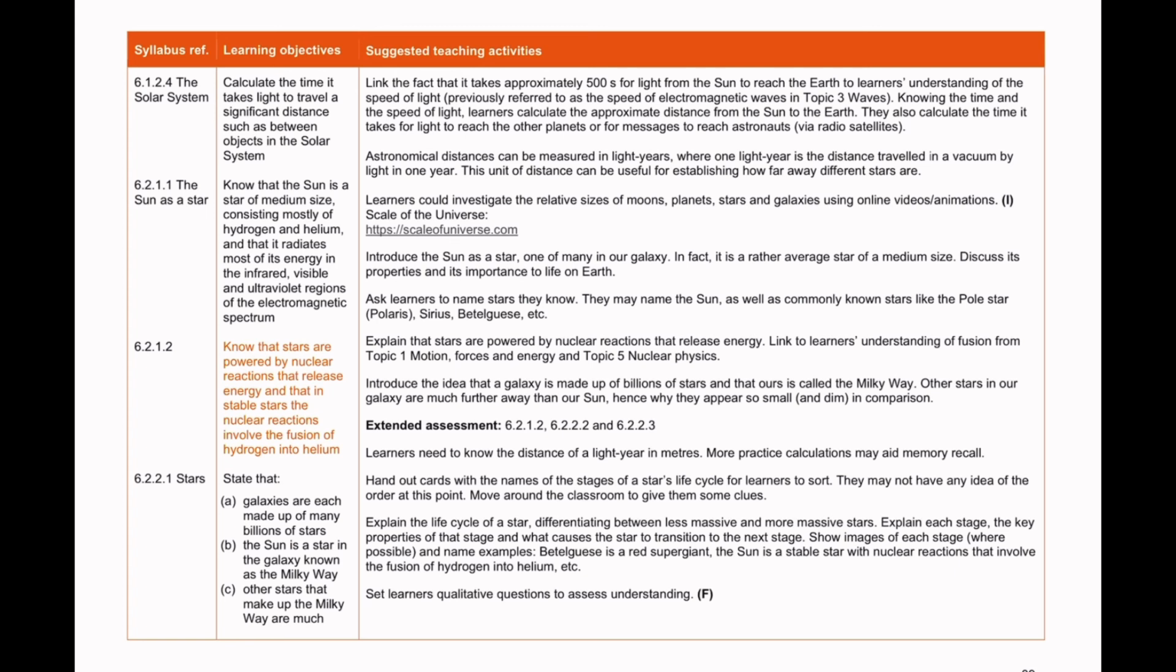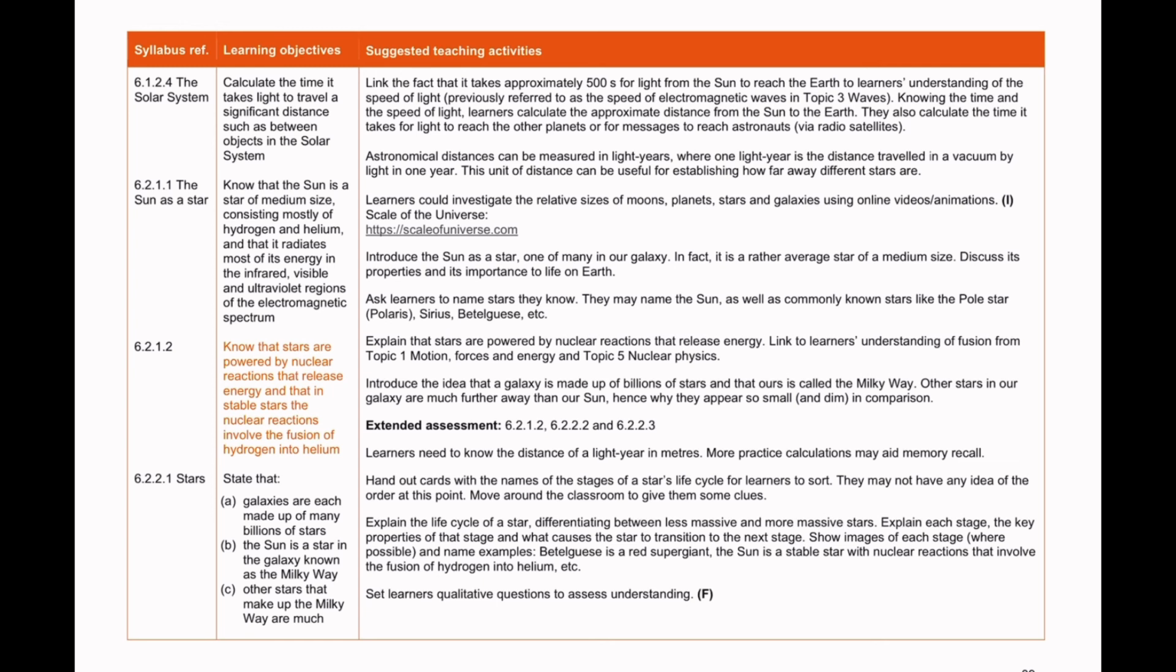Learning objectives: Know that the Sun is a star of medium size consisting mostly of helium and hydrogen, and that it radiates most of its energy in the infrared, visible, and ultraviolet regions of the electromagnetic spectrum. Note that stars are powered by nuclear reactions that release energy, and that in stable stars, the nuclear reactions involve the fusion of hydrogen into helium. Key concept: stars. Learning objective: